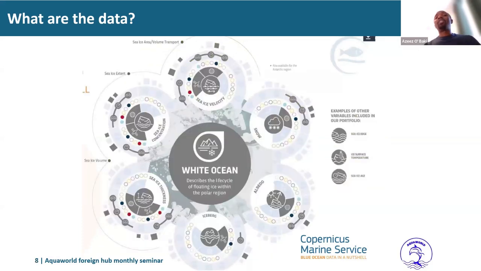And then the last part is the white ocean, which is those in the polar region. As we know, the polar region serves as a shield for excess heat. So you may be interested in determining the concentration of the sea ice, the velocity, the albedo, which is the reflection of the heat, and maybe the thickness. All these are the classifications given by Copernicus in terms of the data you can have in the